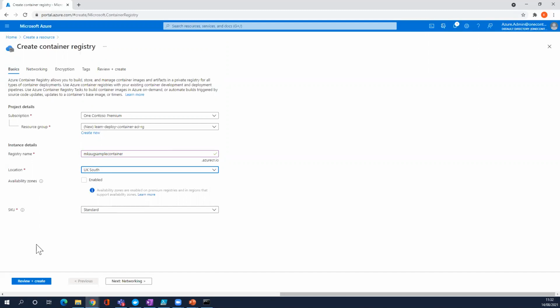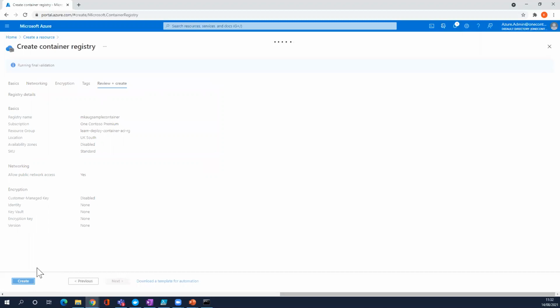And availability zones, you guys are familiar with now. In case you want to make it highly available, you can enable it. For now, because it's a demo, I'm going to skip it. And the SKU, I'm going to keep the same standard one. When we click review and create,